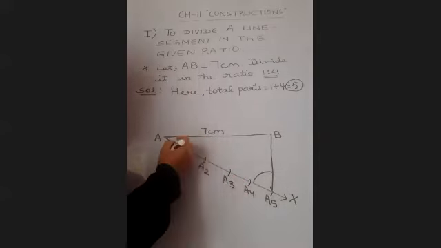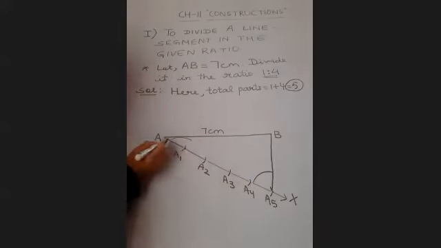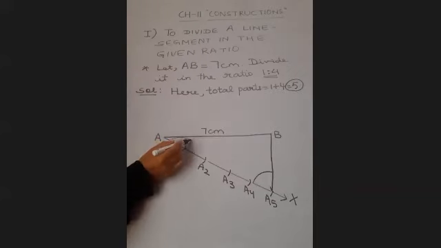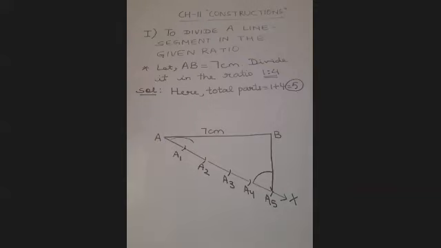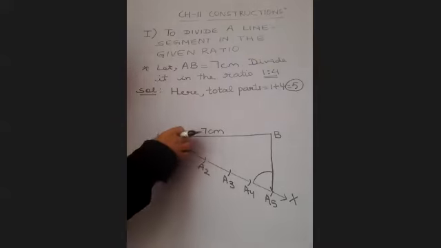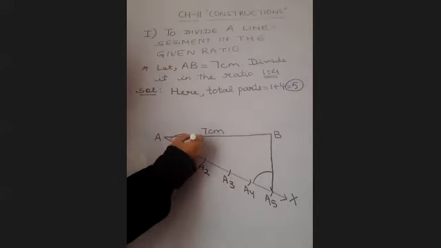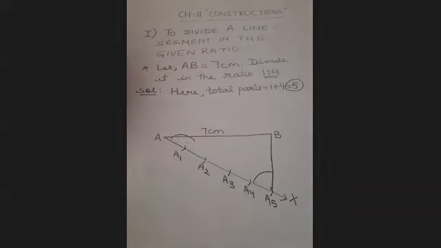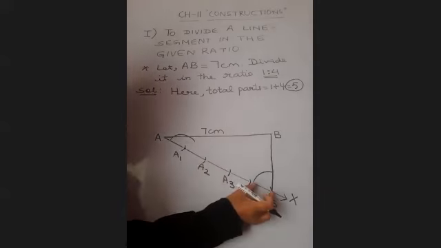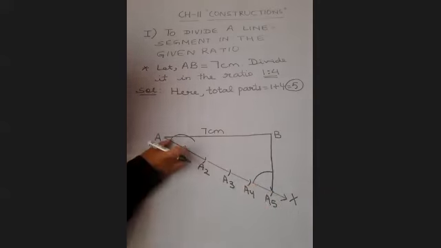come on A1 and put your arc. Starting point you have, but you do not have the ending point. So let the arc be little longer. Okay? Let the arc be little longer. Even if it is going like this, there is no need to worry. Let it be. With this same radius, draw arc here.